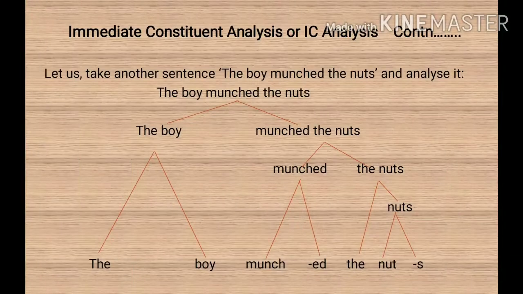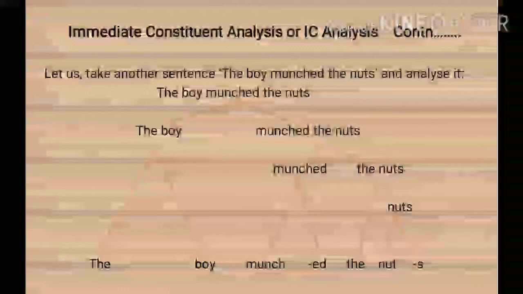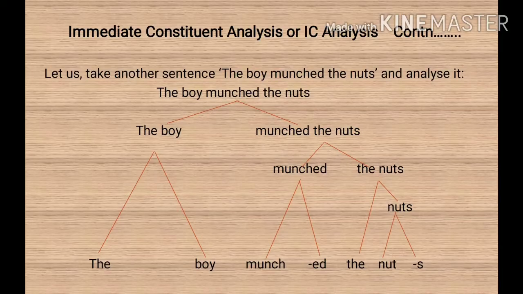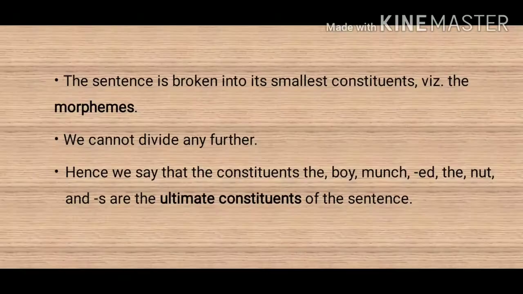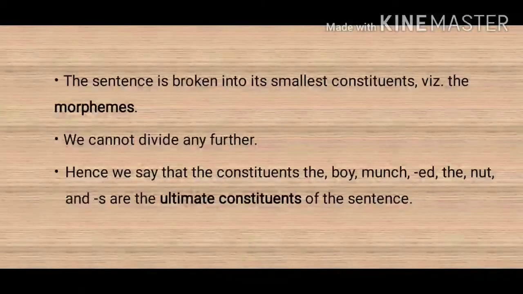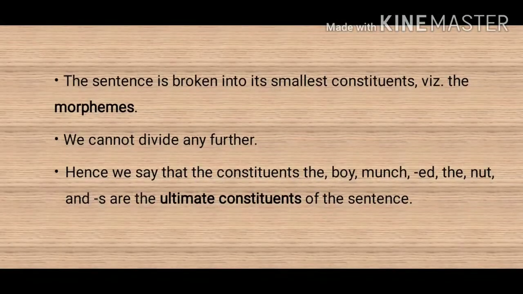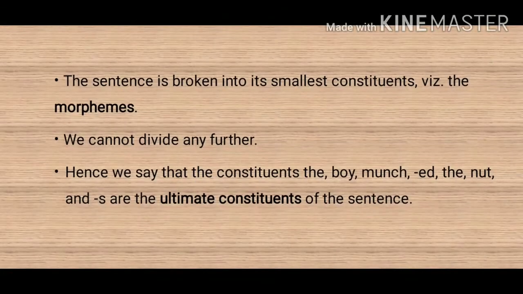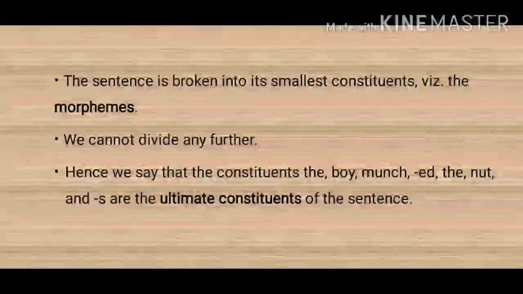construction. For example, the boy and the munched the nuts are the ICs or immediate constituents of the sentence, and the and boy are the ICs of the boy, and so on. We have broken up the sentence into its smallest constituents, viz. the morphemes. We cannot divide any further. Hence, we say that the constituents the, boy, munch, ed, the, nut and s are the ultimate constituents of the